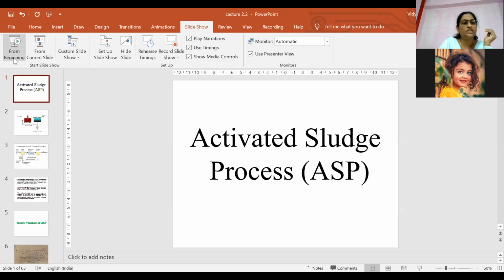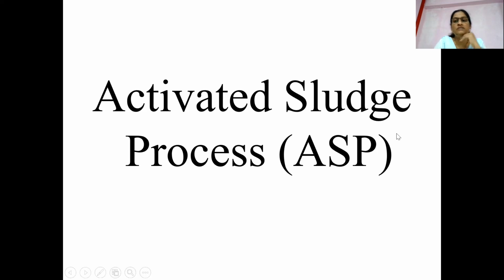Now we are going to study the secondary treatment process. Now in the secondary treatment process, basically we have discussed the wastewater treatment plant. General wastewater treatment plant we have already discussed. And in the general wastewater treatment plant, always the first unit is, speak out guys, the first unit operation in a wastewater treatment plant.